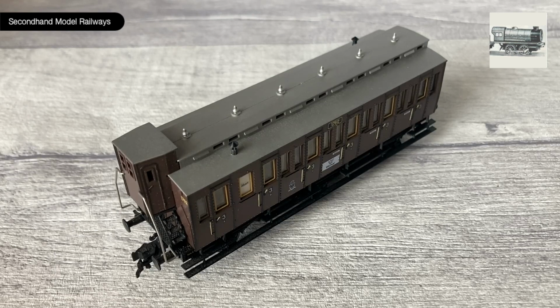I think being Fleischmann, you should be able to pick this up quite cheap because they're not that popular anymore. And if you see one of these coming up for sale, I would definitely buy it if you're modelling German railways of this era. So I'll put this on the turntable so you can see all the way around it,